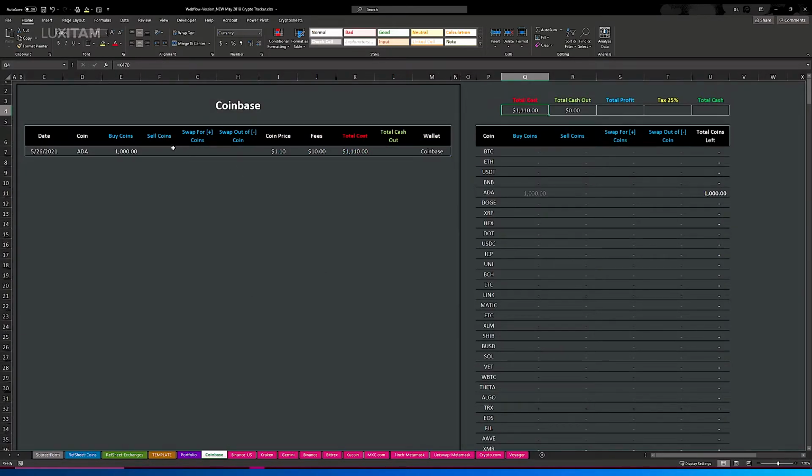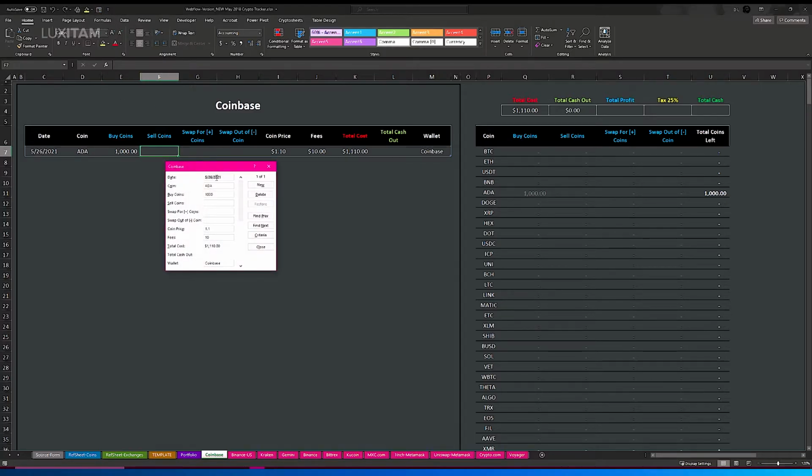Let's go back to Coinbase. Now, let's pretend for this purpose, just to show the equations, that Cardano went from $1 to $100. Now, I click inside here anywhere, I click the form, I come up here, I change the date. Well, let's just leave the date the same. I'm sorry, don't do that. I almost made a mistake. This is the actual transaction. You want to click new, and so we're going to do this,